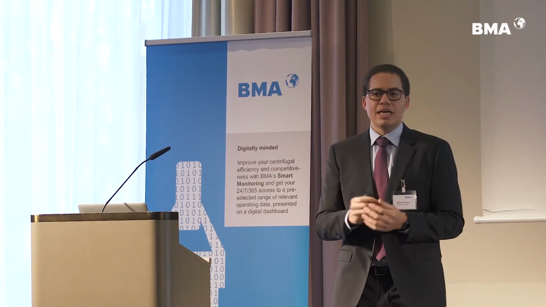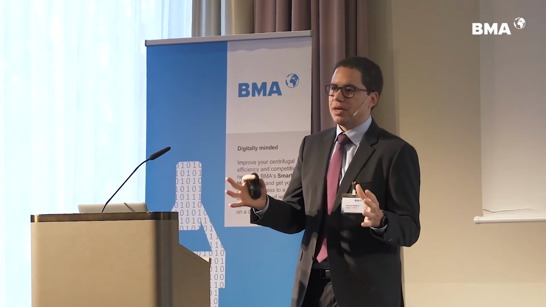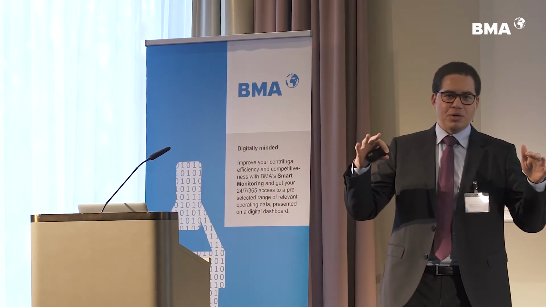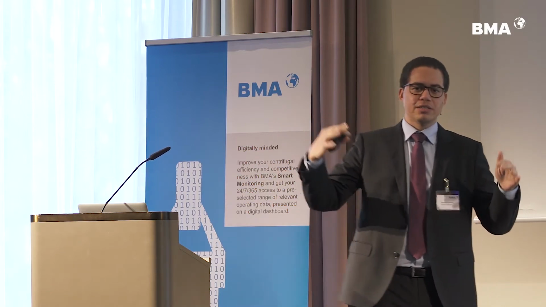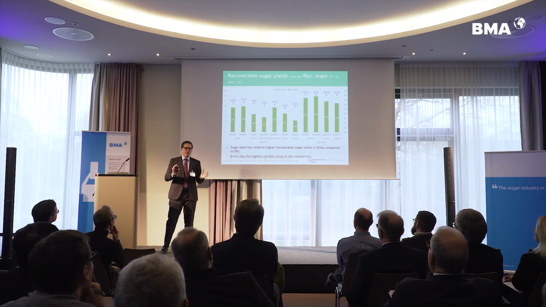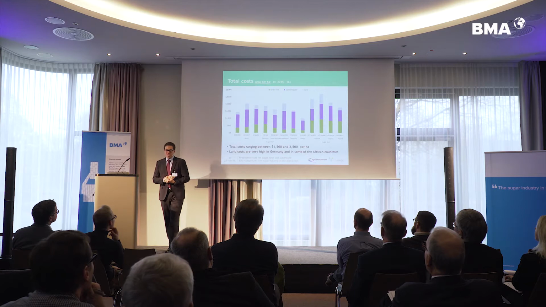And in reality, on a per hectare basis, sugar beet is much more productive. So yields are higher or even the same level, but you have much more sugar content. So in reality, you can see here sugar beet has an advantage of somewhere 2 to 3 tons per hectare. When you look at the costs,